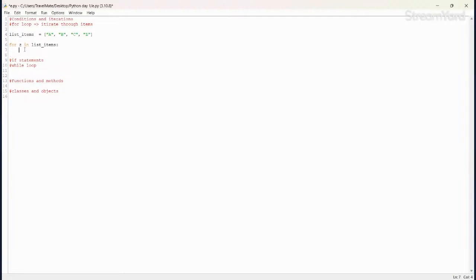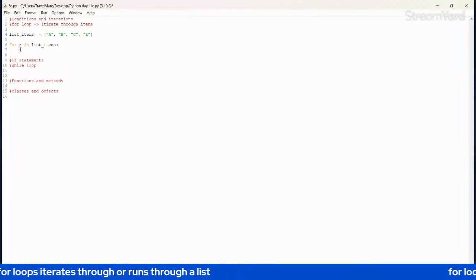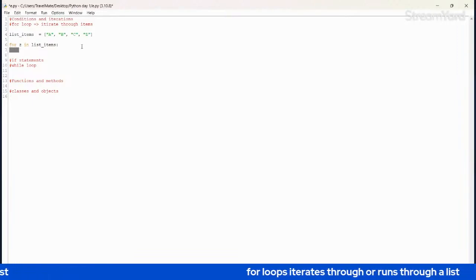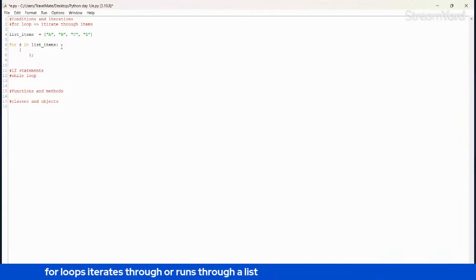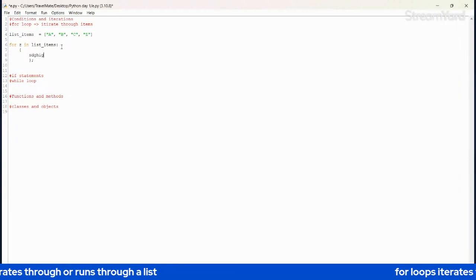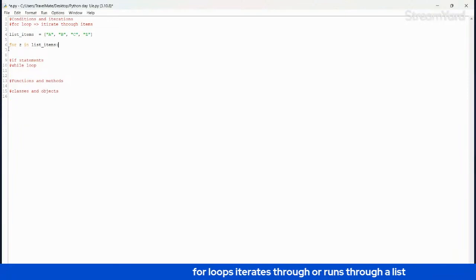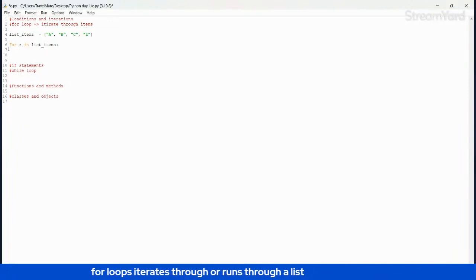And now this is where Python comes with its own syntax. In most programming languages, you'd have something called curly braces or something like that. But with Python, all we have to do is type a colon and press enter. And you guys will already see there's an indentation. In most programming languages you'd have braces where you write your code inside. But luckily for us with Python, we don't have to worry about all of that stuff. The only thing we have to mind is that our cursor is indented.